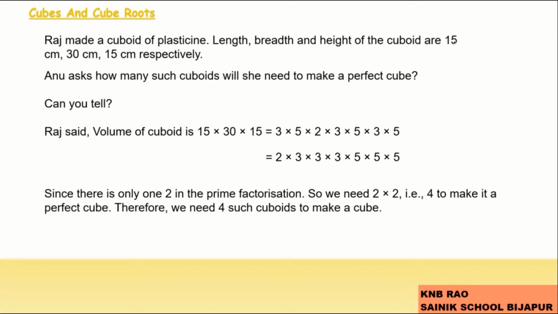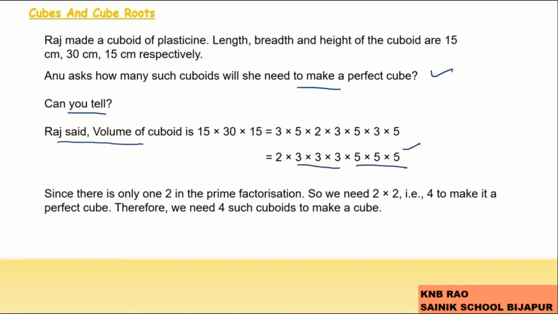Length, breadth and height of the cuboid are 15 centimeters, 13 centimeters and 15 centimeters respectively. Anu asks how many such cuboids she will need to make a perfect cube. To answer this, we found the volume of that cuboid, which will have prime factors in it,